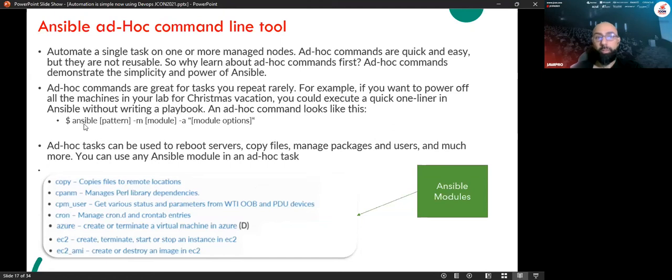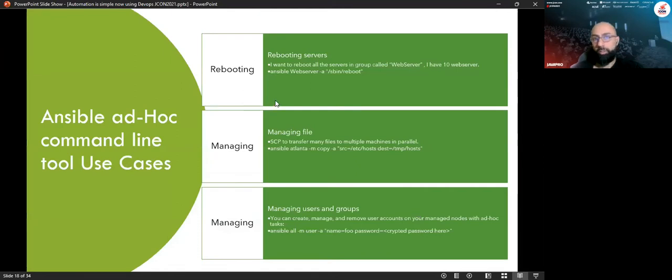To use it, you run the ansible command line with the module, and then the inventory that you're going to use. Say I need to reboot 100 servers, or 10 servers, or whatever. I'm going to define the web servers in the inventory, as I mentioned before, in a group, and call this group, for example, web servers, and run the reboot command for Linux. So all 10 web servers will be rebooted.